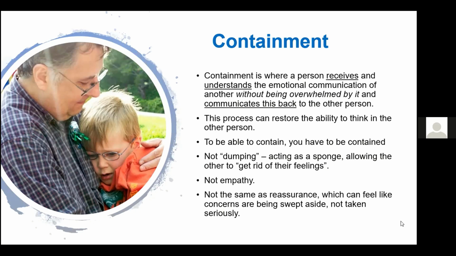So it's communicating back to the individual that, yes, it's a big emotion, but we can manage this, and it's not overwhelming. And this process then just restores the ability to think in the other person. So it takes away that need to jump to that irrational and illogical response. And it gives them the space to be able to process again. And in the Solihull approach, containment begins with very young babies, and their needs for good enough attunement in order that those complex, difficult emotions that come later can be received and understood and handed back. And that provides the beginnings of emotional regulation and individual resilience, really.